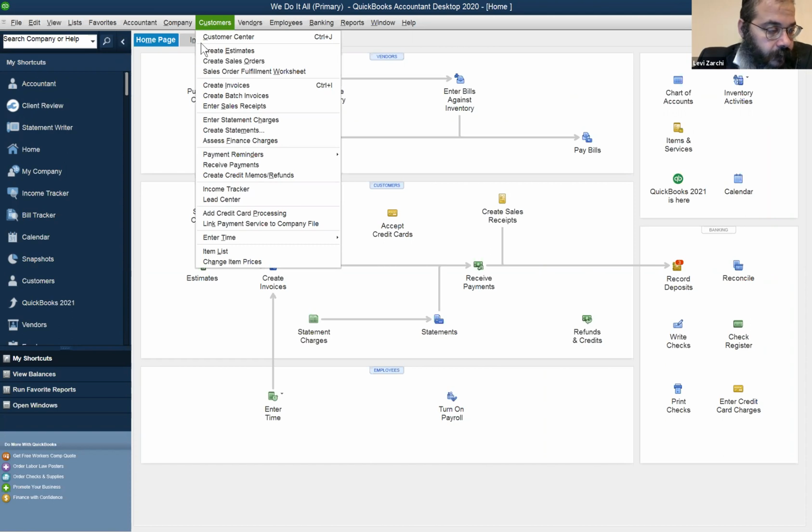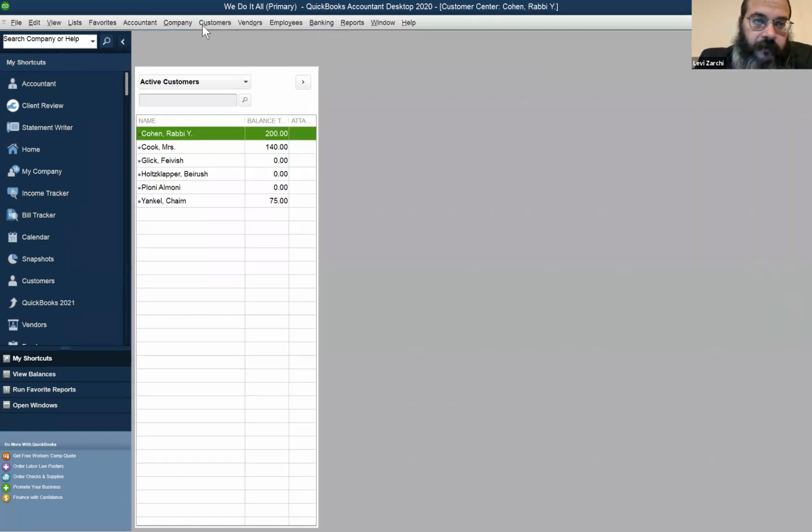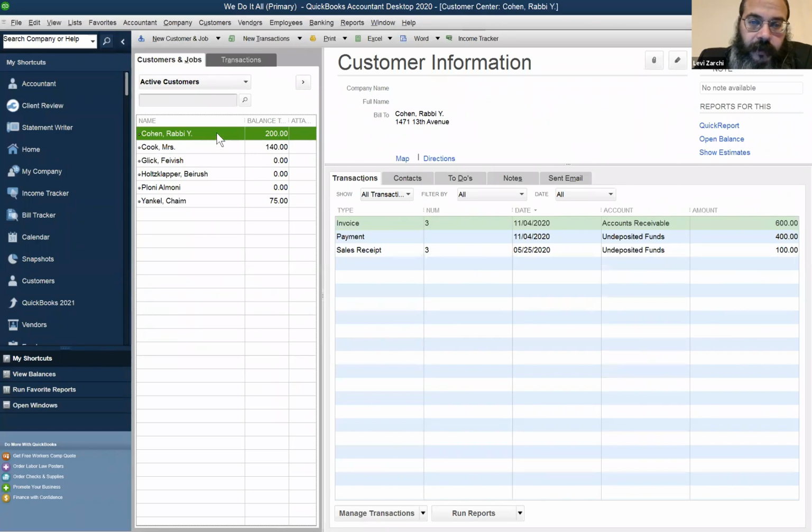So before I go to the second half of number 4, which is we have to receive the money for Rabbi Cohen's outstanding balance. If we go to customers, Rabbi Cohen has a $200 balance. We are going to have to receive that money against his invoice. Or in other words, today we are getting from Rabbi Cohen $300. $100 is new money for the 10 TLS that he's buying. And we're receiving $200 against his